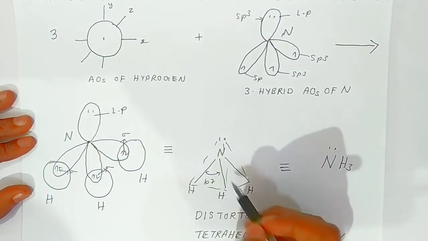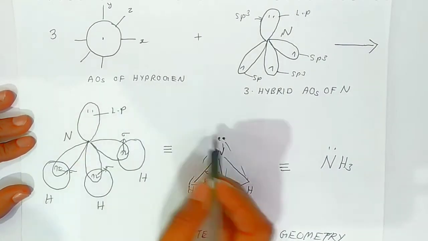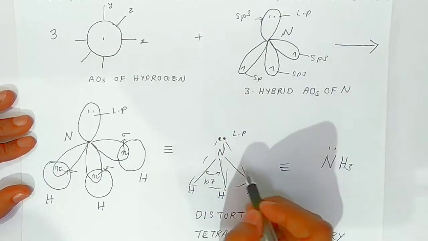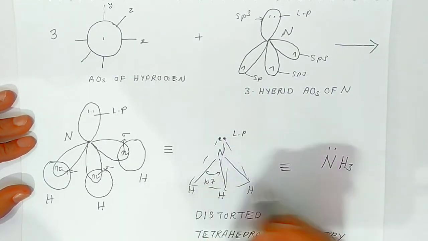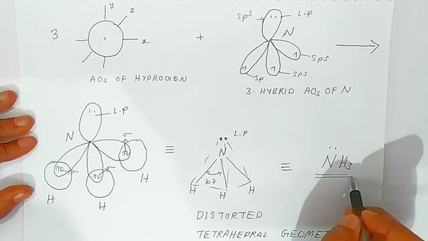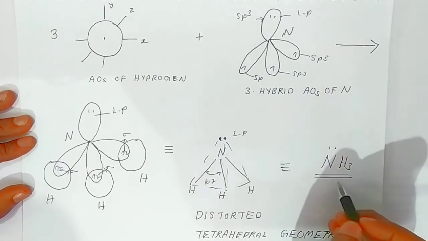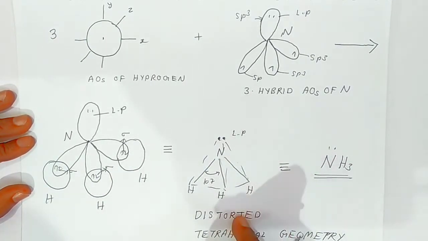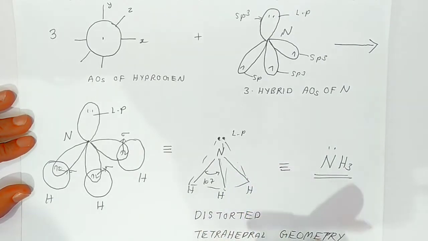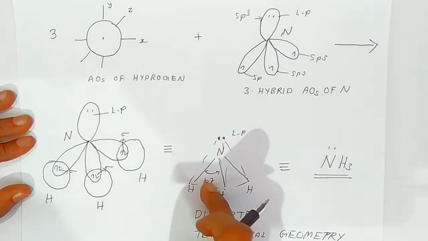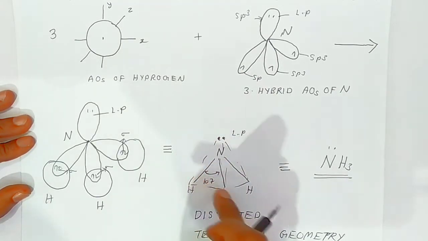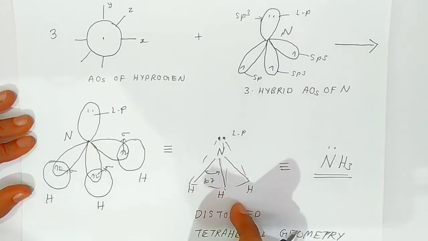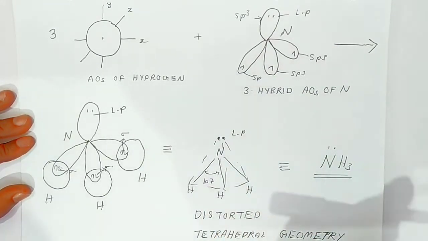And when you see the line diagram, students, the nitrogen lone pair I have shown like this, and the bonding pairs I have shown like this. Bond pair to bond pair angle is reduced to 107 degrees. So this way you can write the structure of ammonia. This is the condensed structure, and this is the orbital diagram of ammonia. So we can say the geometry of ammonia is distorted tetrahedral. Its bond angle is 107 degrees, reduced because of the lone pair. This way we can explain the valencies, tetrahedral structure and shape of the ammonia molecule.